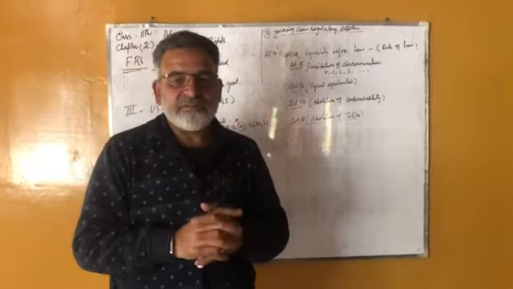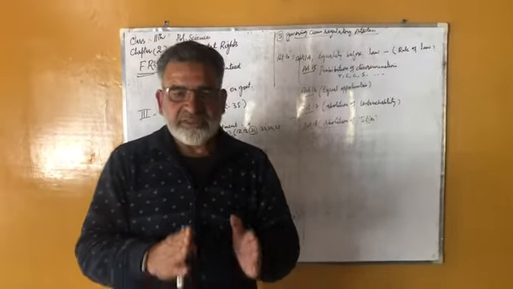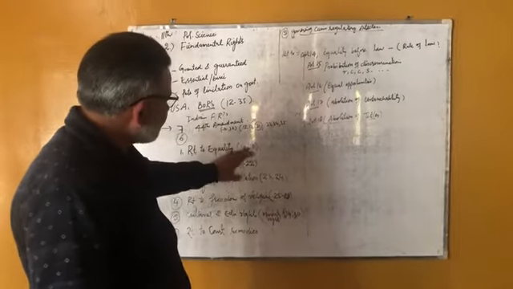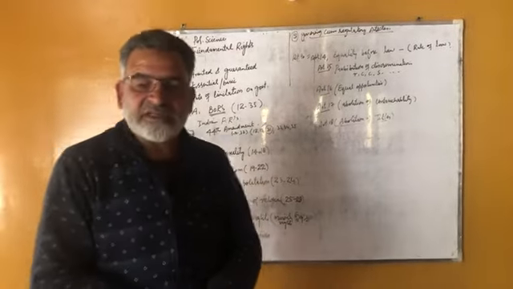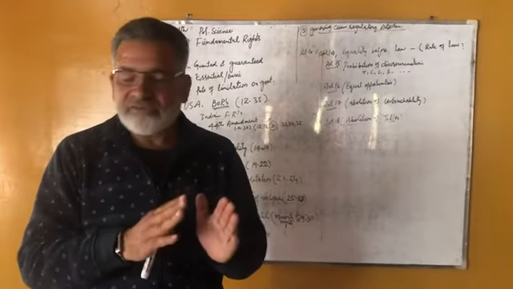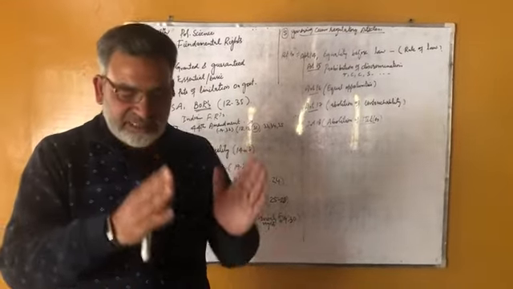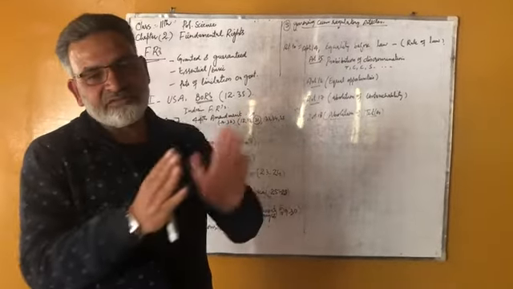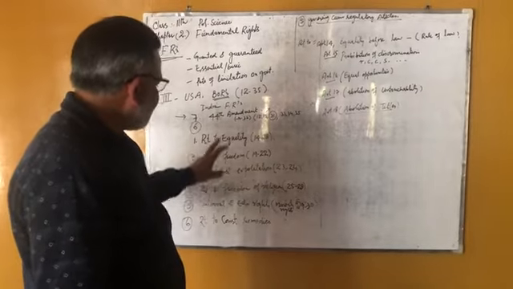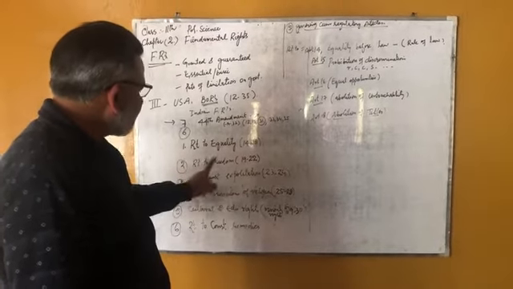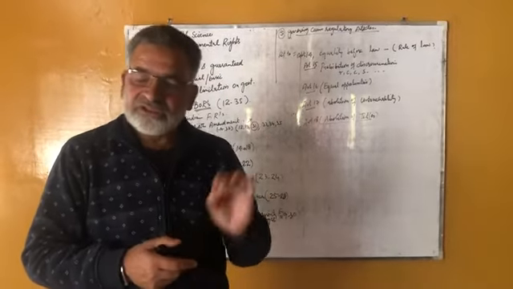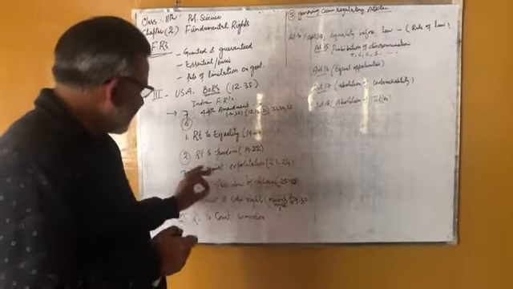The first fundamental right incorporated within the Indian Constitution is the right to equality. Right to equality is from Article 14 to Article 18. First of all, we write down all these rights on the whiteboard. After that, we will describe them one by one. The second fundamental right within the Indian Constitution is the right to freedom. It is from Article 19 to Article 22. The third fundamental right of the Indian Constitution is the right